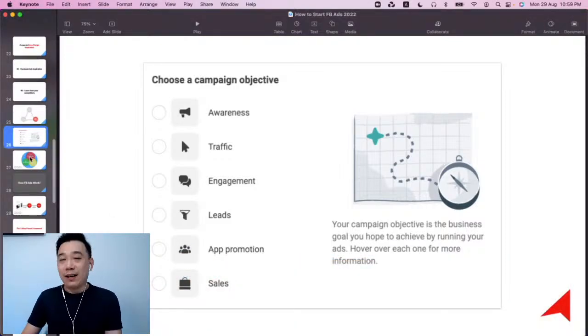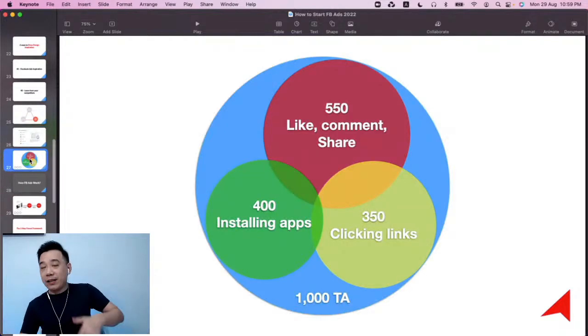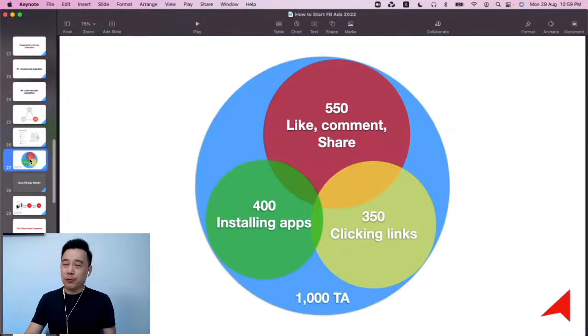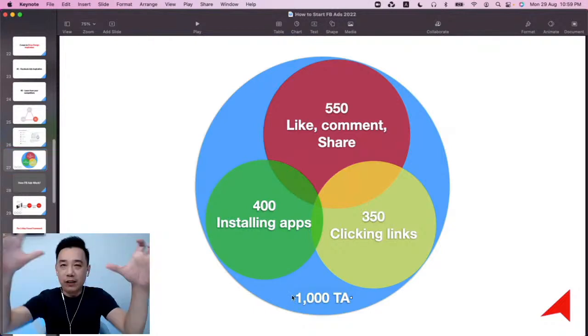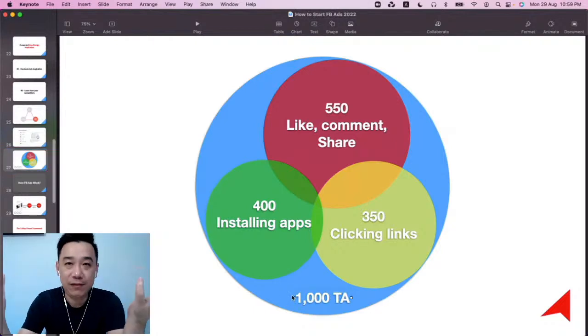Since we talk about outcome driven, this is essentially how Facebook groups our audiences according to the action they are likely to take. Let's say you're targeting 1,000 people. Even zoomed in to 1,000 people, each of them has different behavior.